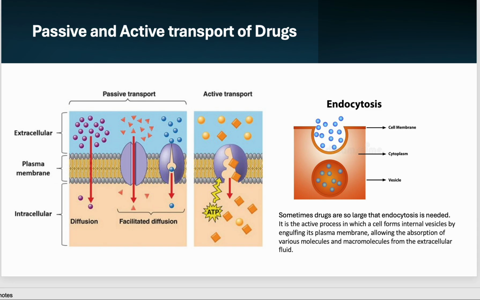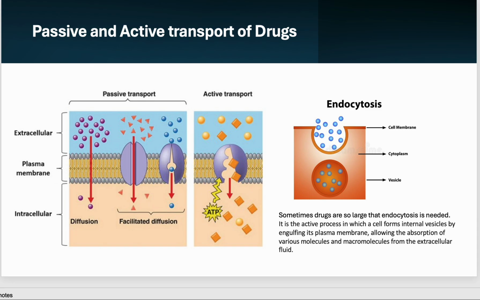Facilitated diffusion is water soluble drugs that pass through porins. The important thing to note here is, in passive transport, there is no ATP involved. In case of active transport, however, there is ATP involved because it goes against the gradient. So here the transport is against the concentration gradient. ATP is required. There are specific carrier proteins that require ATP to move drug into the cell, and sometimes